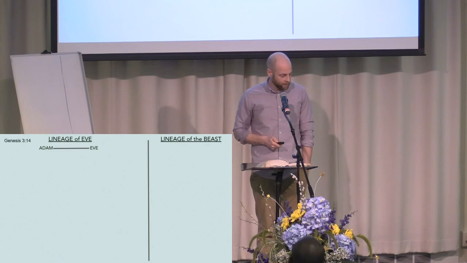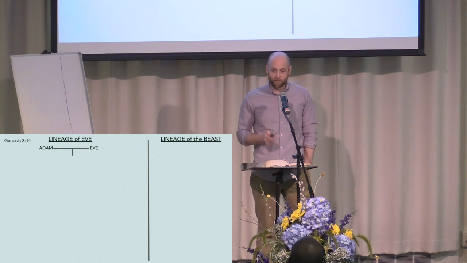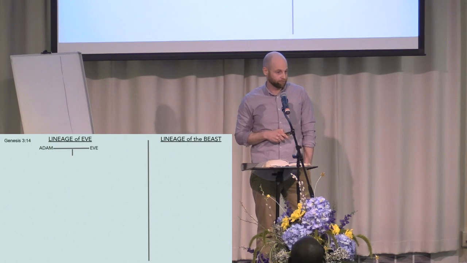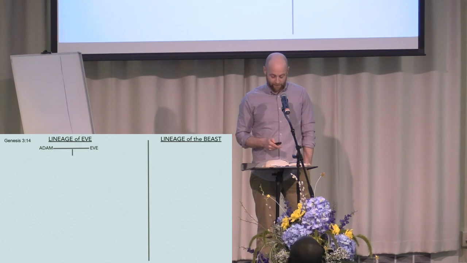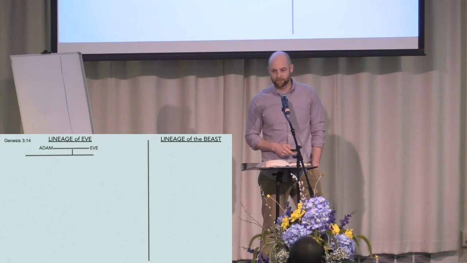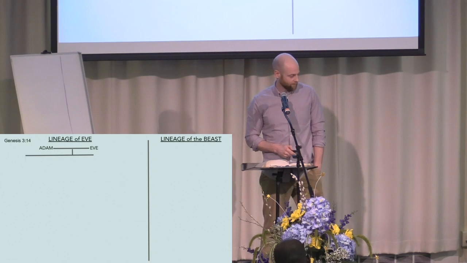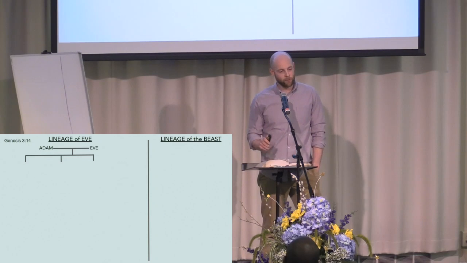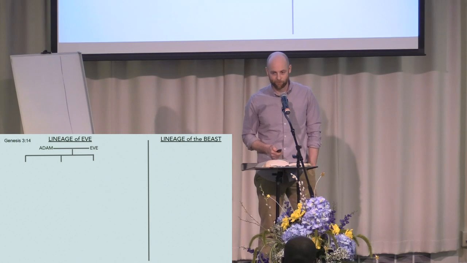Now, Adam and Eve had how many kids? So we know of 3. So you might want to draw one line coming down the middle. We're not going to go as slow throughout the whole family tree, but this is just to practice family treeing. Then out of that line, you want to draw another kind of longer line, looks something like this. Then 3 lines going down. Don't be a perfectionist here. No one's grading you on the quality of your artwork, except your friends next to you.